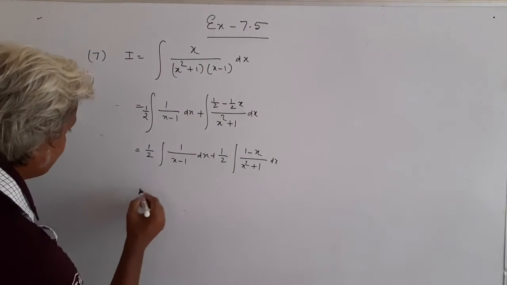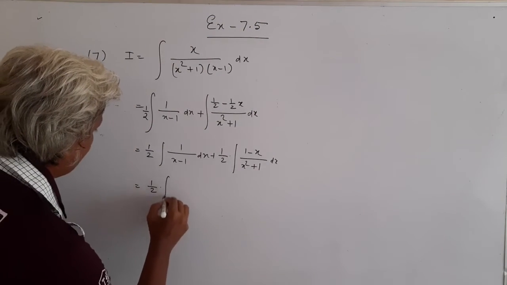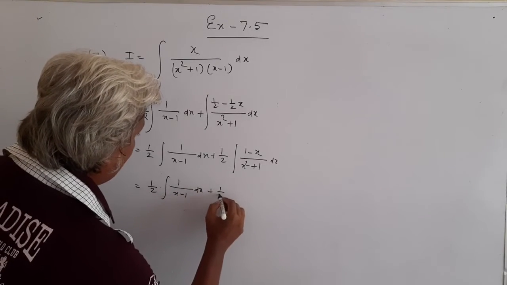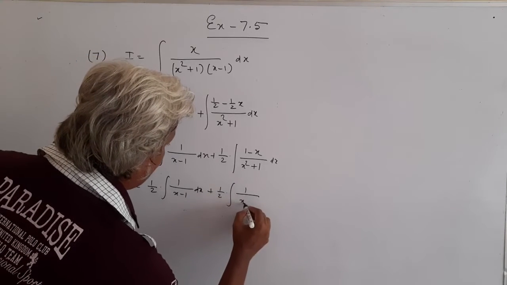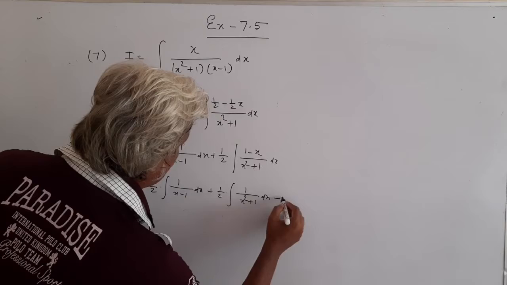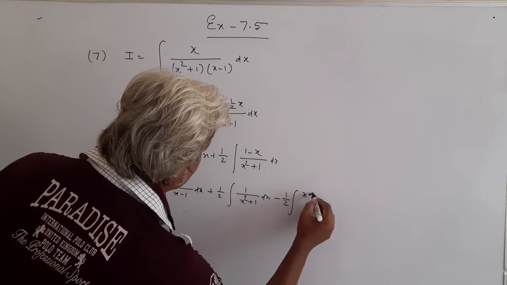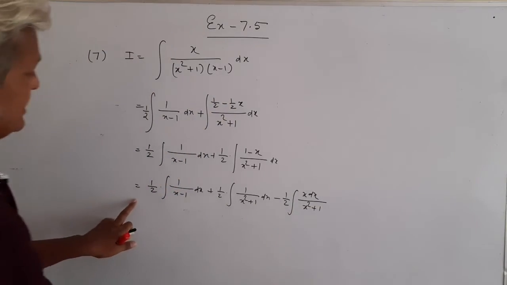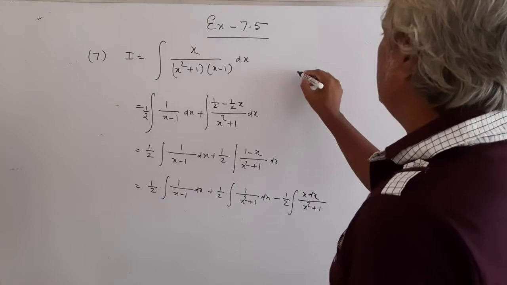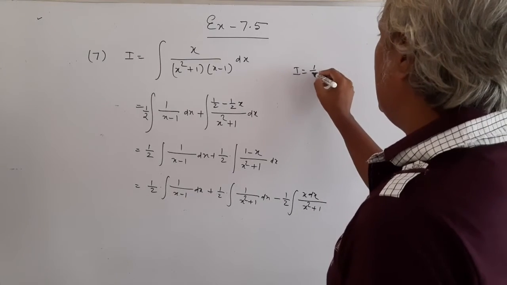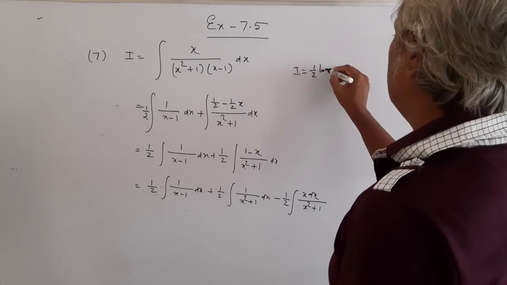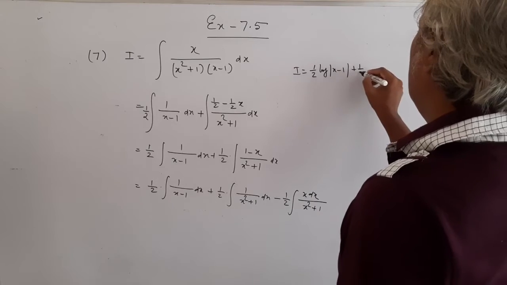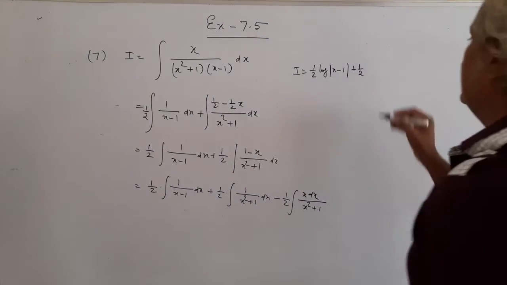So first let me write the standard form: 1 by 2 integration of 1 over x minus 1 dx plus 1 over 2 integration of 1 over x square plus 1 dx minus 1 by 2 integration of x dx over x square plus 1. Now if I integrate this directly, I will find the answer as half log mod x minus 1 plus 1 by 2 tan inverse x,